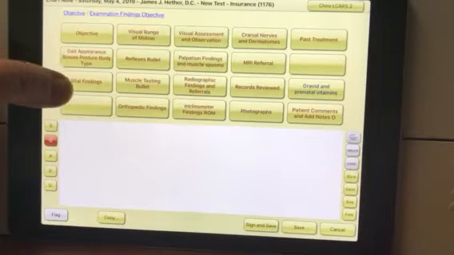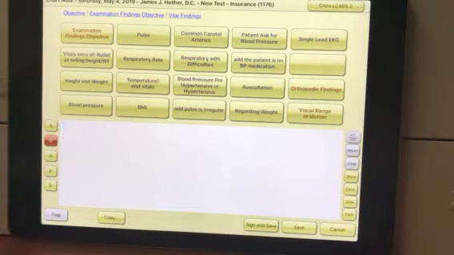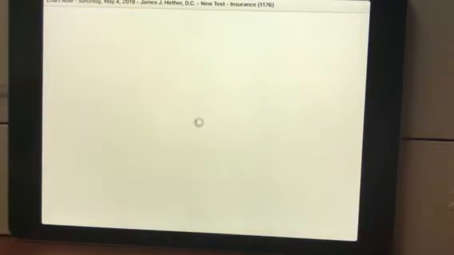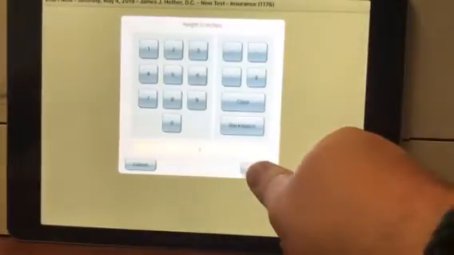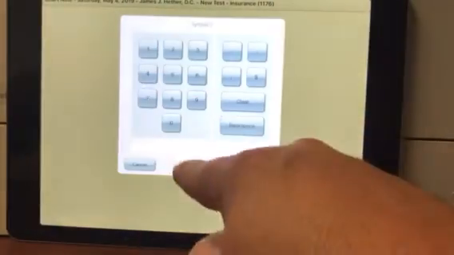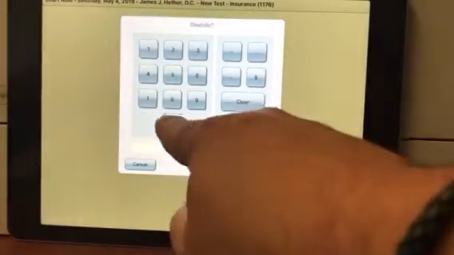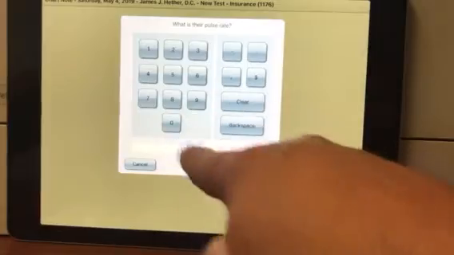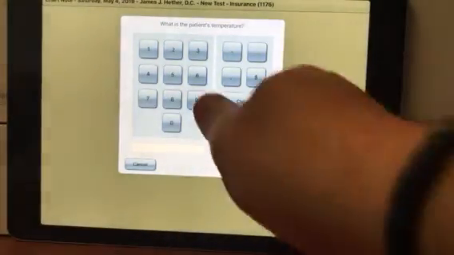You go under exam, and I'm not going to really talk about the person's gait today, but if they had a wheelchair or a walker, I definitely would be adding that. So I'm going to go right to vitals. From vitals, we can say that the person is 5 foot 5 inches and that they weigh 180 pounds and that their blood pressure is 120 over 80 and their pulse is 80, respiratory rate is 16,